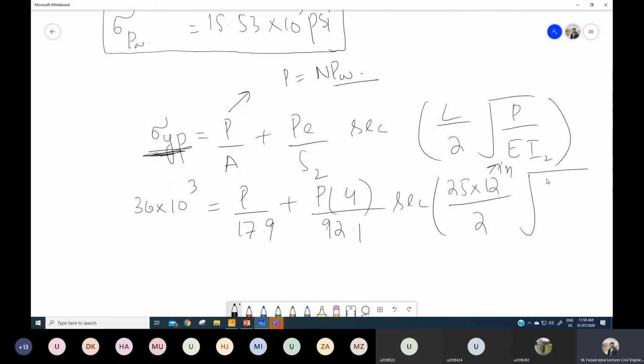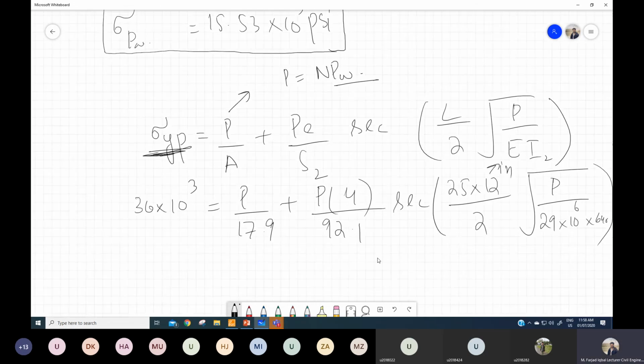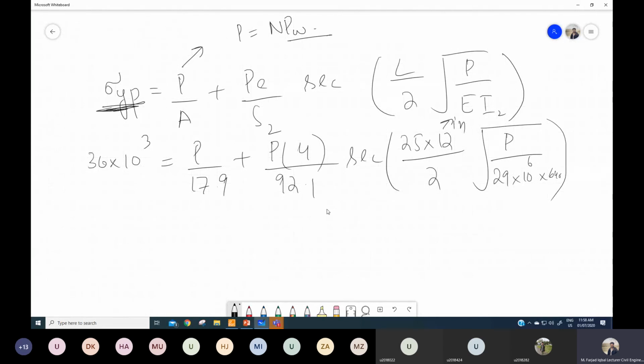This P factor again is unknown. Now this E is 29 × 10⁻⁶ by 640. Now this is what I was telling you when we were discussing the application. If you want to calculate this P load, can you do it by simply moving this one over here, this over here? You can't do that. It won't be that simple because inside there is a P factor with the angle as well. So does anyone know how to solve this in a calculator?